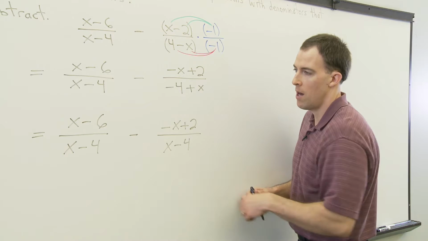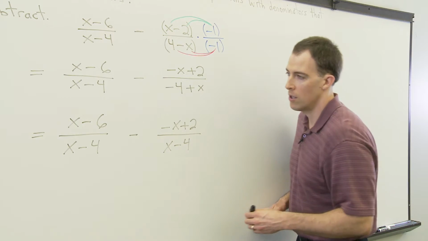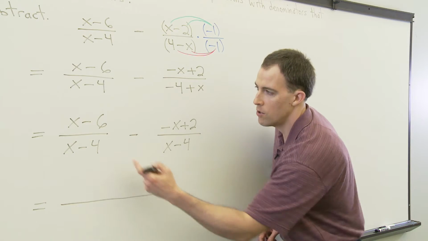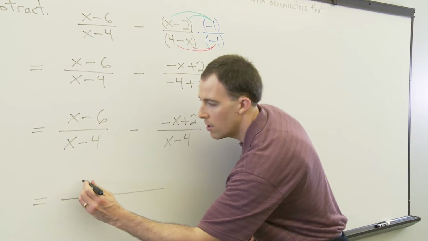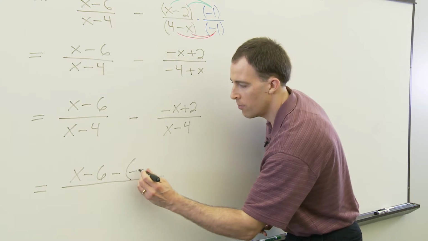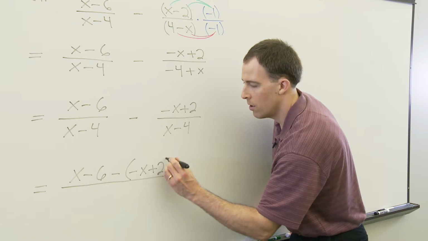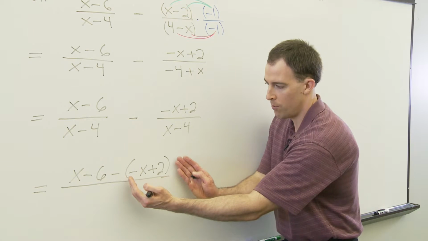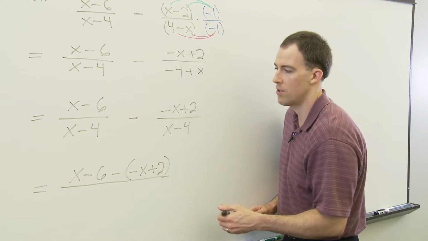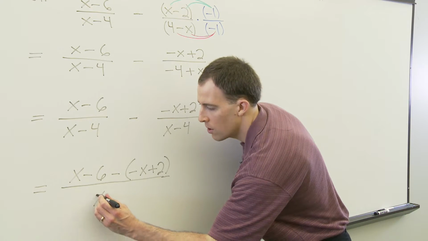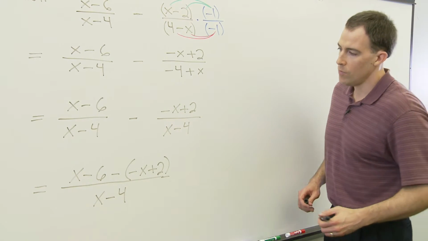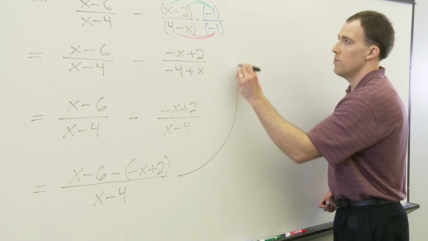So we have a common denominator underneath each fraction, and they can be combined into a single fraction now by subtracting the first numerator minus the second numerator. So we've got x - 6 minus the second numerator, (-x + 2). Notice I'm putting the second numerator in parentheses. The purpose for that is to remind me to distribute the negative on the next step to clear the parentheses. All over the common denominator of x - 4. This then becomes,